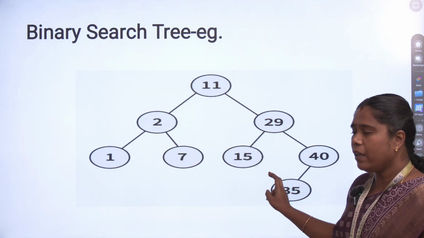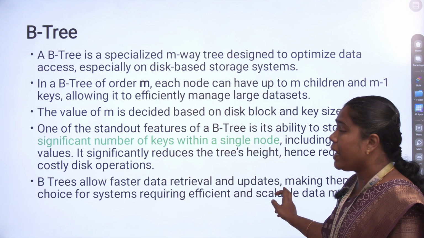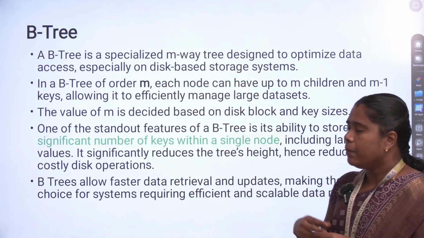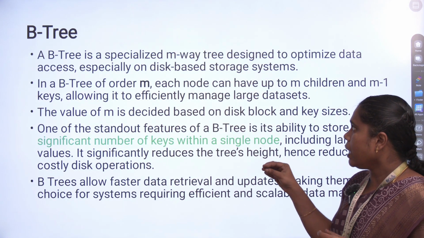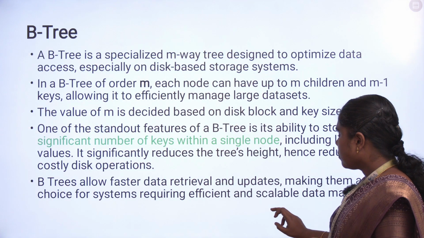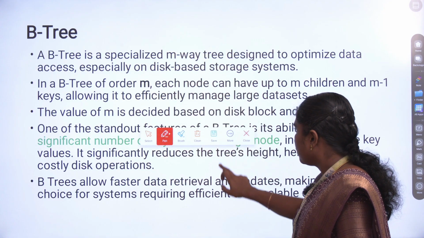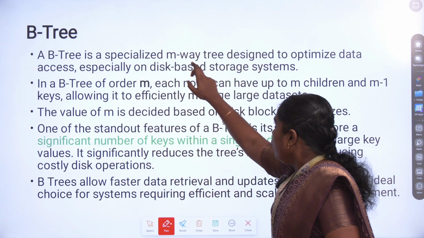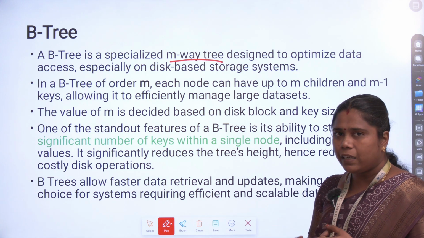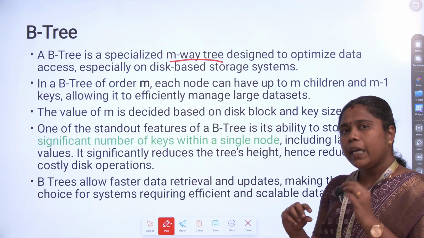This is a condition for a binary search tree. The next is the B tree. This is the next level of a binary tree. So in the case of a B tree, it allows for an M-way search. That is, as we have seen in the binary tree and the binary search tree, each node will